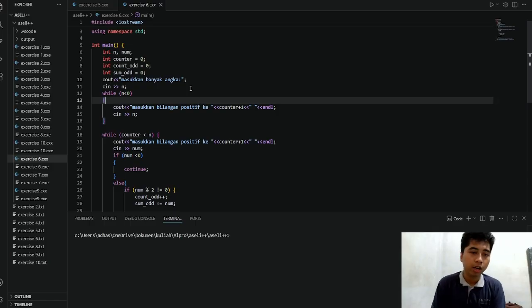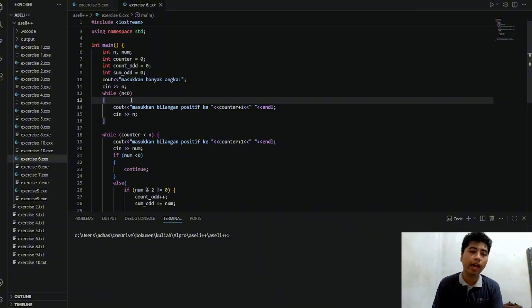Next we need to make the cout to show the user "masukkan banyak angka", which makes the scene more clear. Then cin, where we input the number. Then this is where the loop will happen.